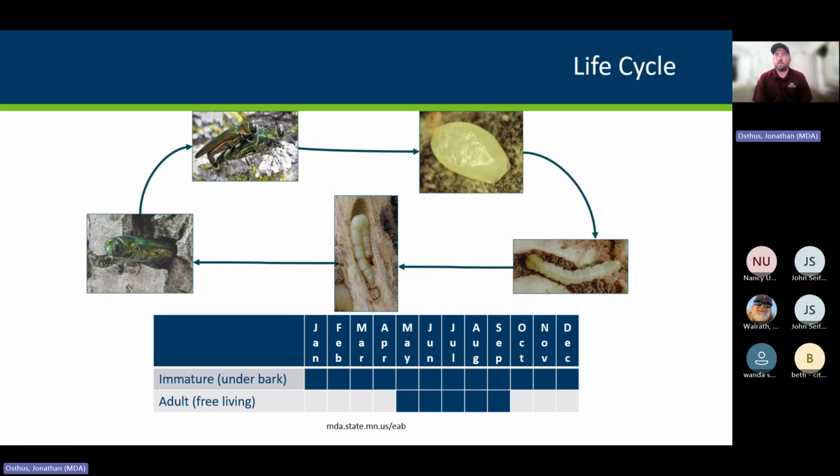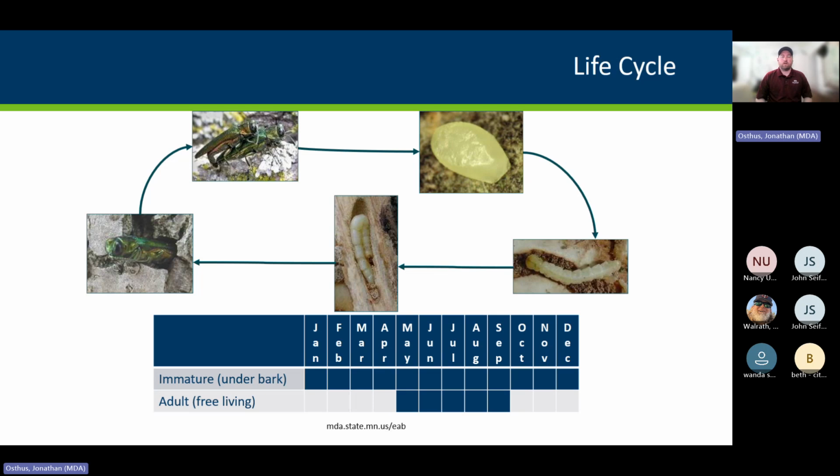And then once they emerge, they do a little bit of maturation feeding in the canopy of the tree. So this is nothing obvious that you'd see. They nibble on the leaves for a few days. It's not like Japanese beetle that skeletonizes a leaf. It's nothing you'd notice in the canopy of the tree. They do that maturation feeding for a couple days. Then they mate. And then the females begin laying the eggs in the bark cracks and crevices in the canopy